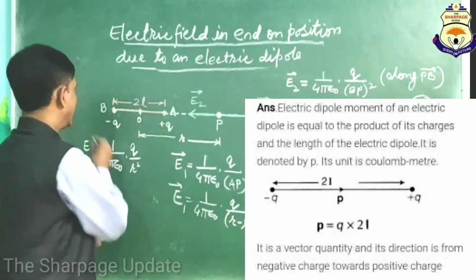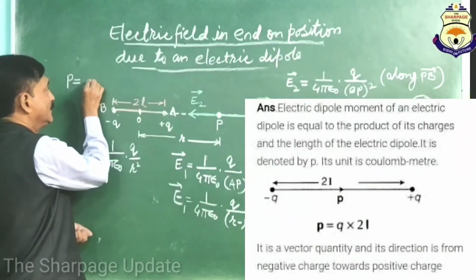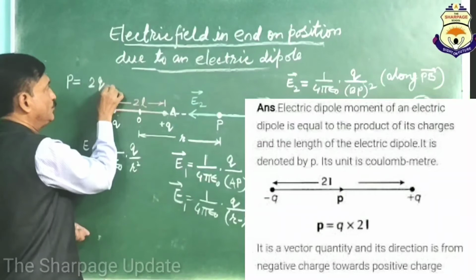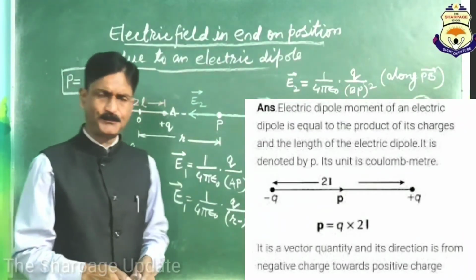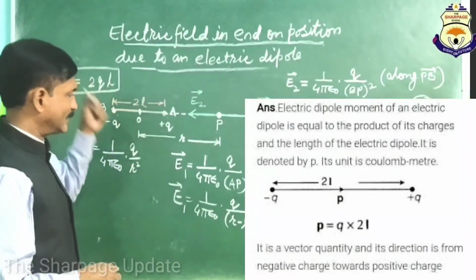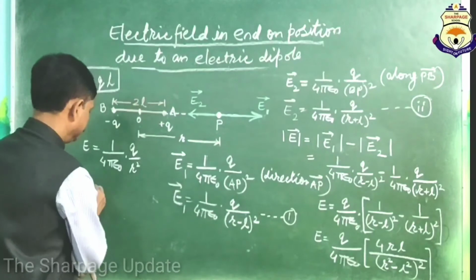So, as we know that the electric dipole moment is 2ql. ये मैंने आपको पिछले वीडियो में बताया है. So, with the help of this relation, we can write here